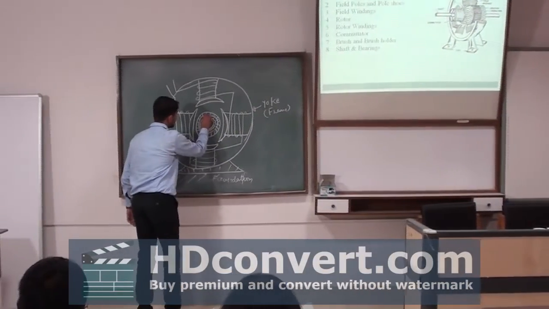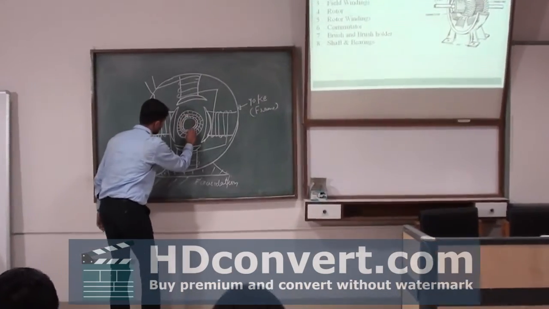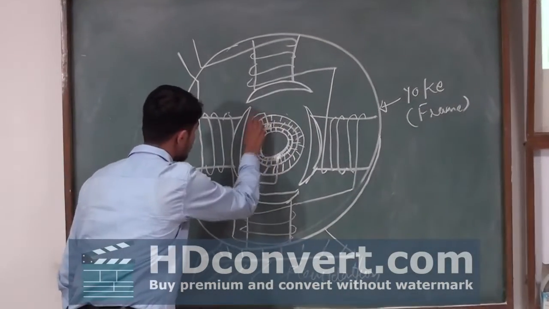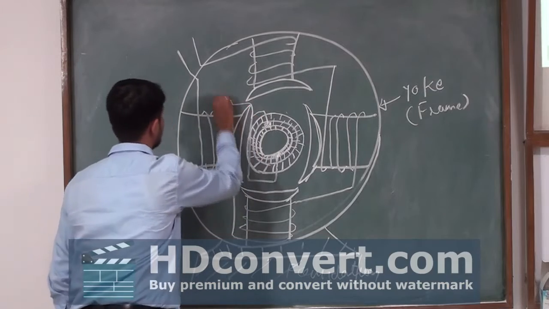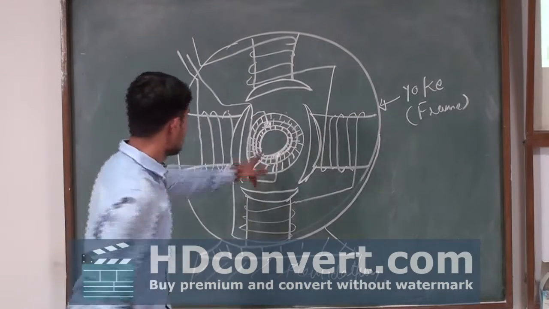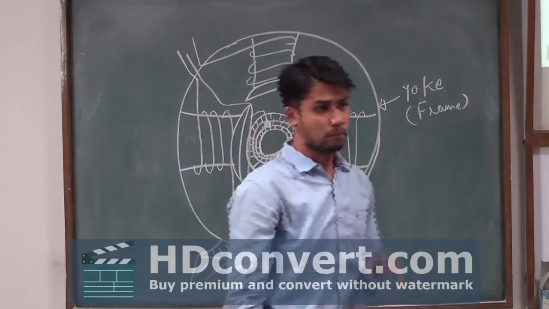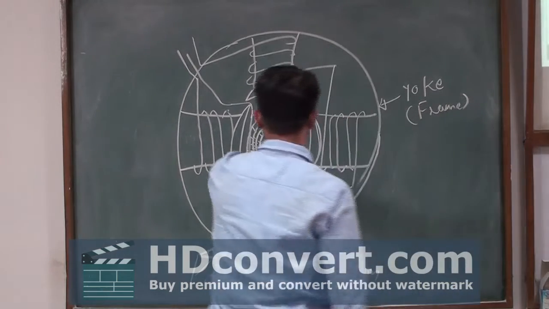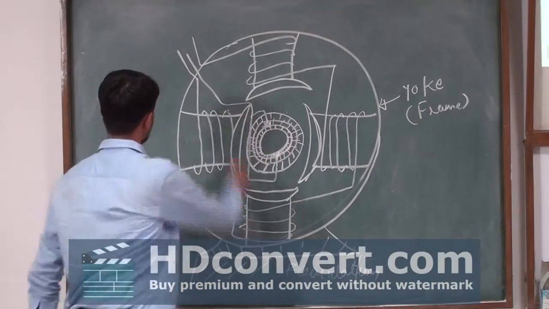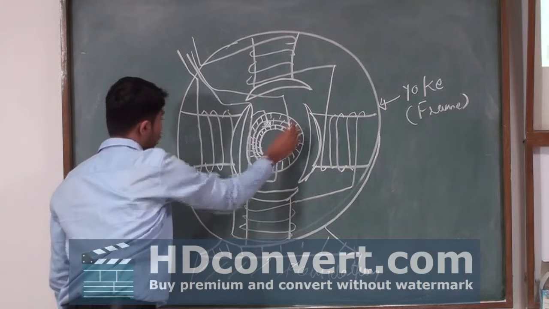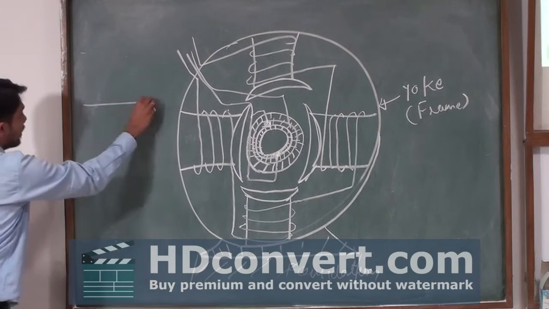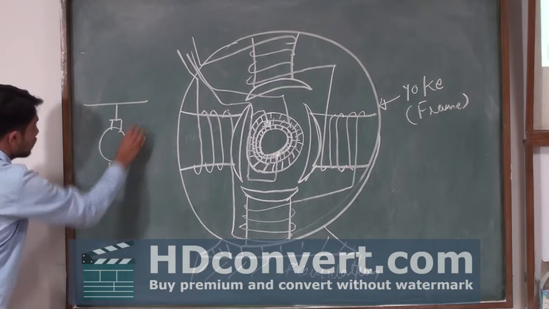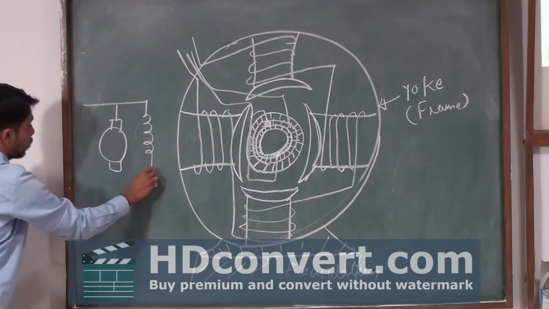So, suppose I am keeping this brush here and here. I am going to connect these 2 brushes and take them to the terminal box. Likewise, another 2 brushes are kept in the machine and they are connected like this and taken to the terminal box. On the terminal box we generally have this type of connection: 2 for armature and 2 for field winding.